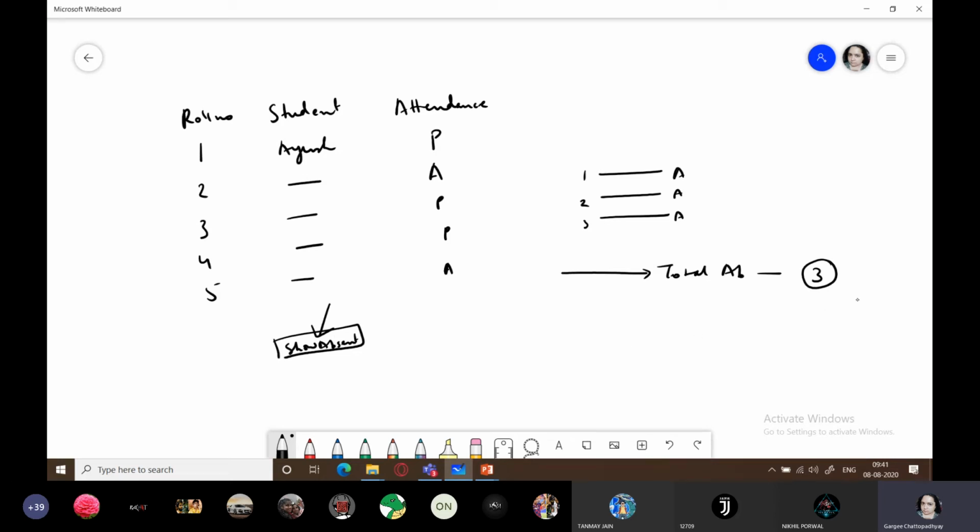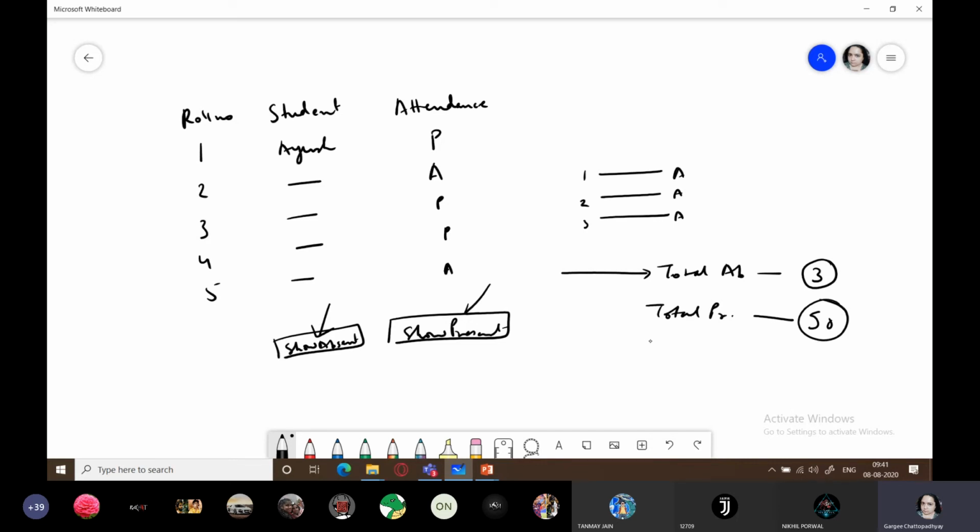Here you can easily create a small software where this kind of information can be gathered. Just click on this button and you get the number, how many absent, show present. The teacher just has to press this button and she will get a list of the total present, say 50 students were present.